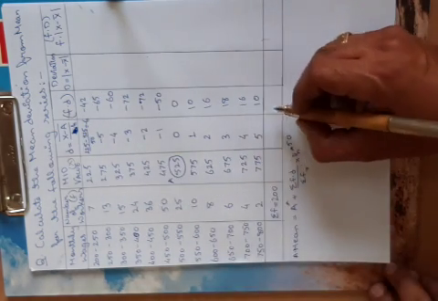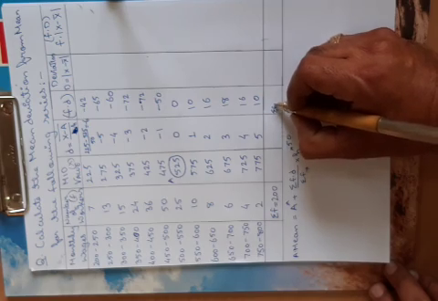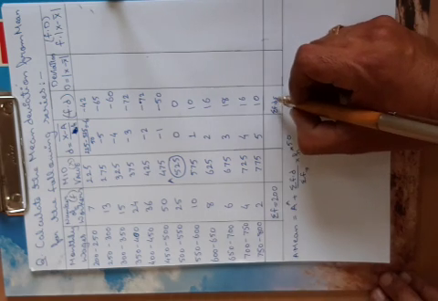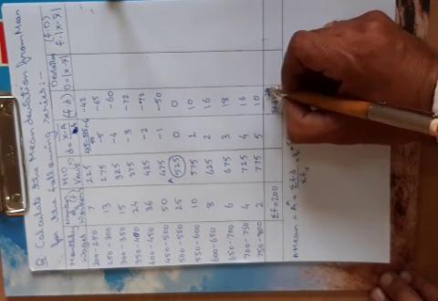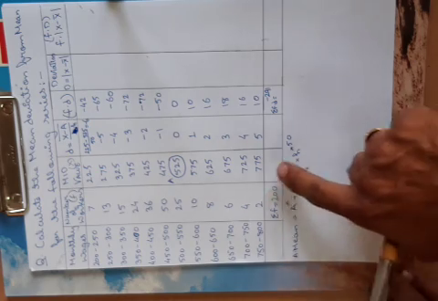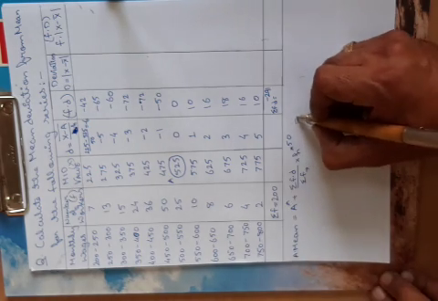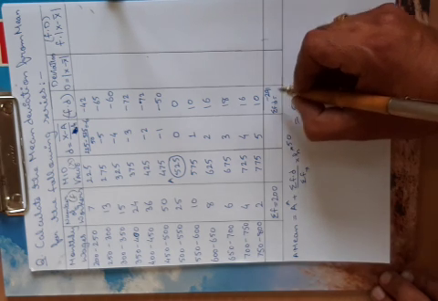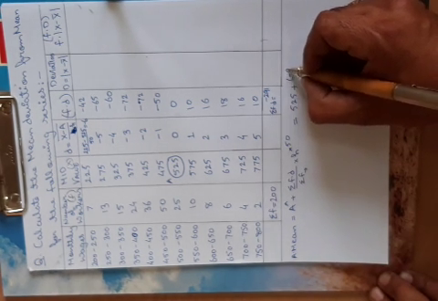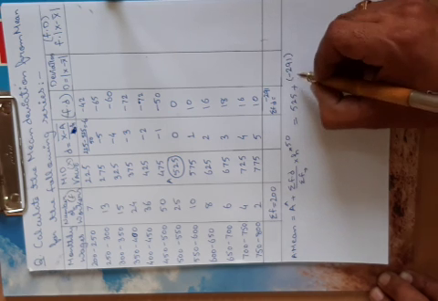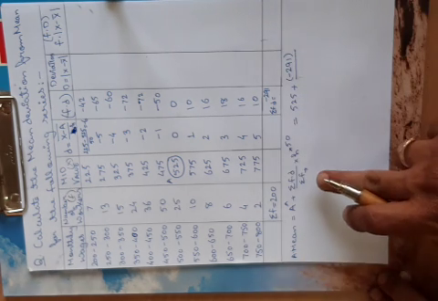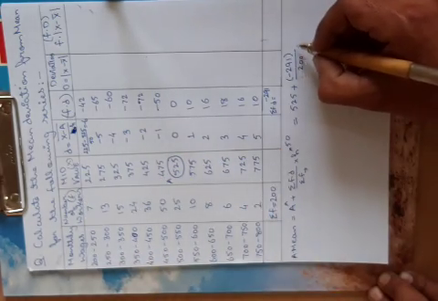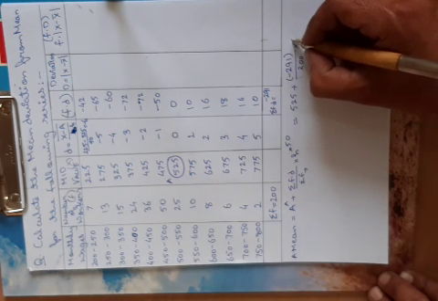So we have to calculate the summation of f into d, that is the total of f multiplied by d. Whenever you calculate this value, the exact value will be minus 291. So we'll put all those values in this table, that is A is 525 plus summation of f into d, that is minus 291. Since it is minus, we'll put it into a bracket, divided by summation of f, that is summation of frequency, which is 200, multiplied by h, that is class interval, which is 50.